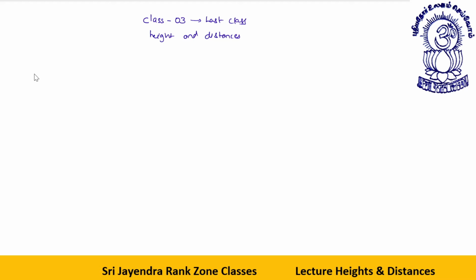Now, in this particular chapter, I will be using core trigonometry, core height and distance. What is core height and distance? Basically, I'll be using sine theta, cos theta, and formulas like that. Shortcuts won't be applied to that great extent, so I will be using trigonometry actually. Fine, let's start with the questions.